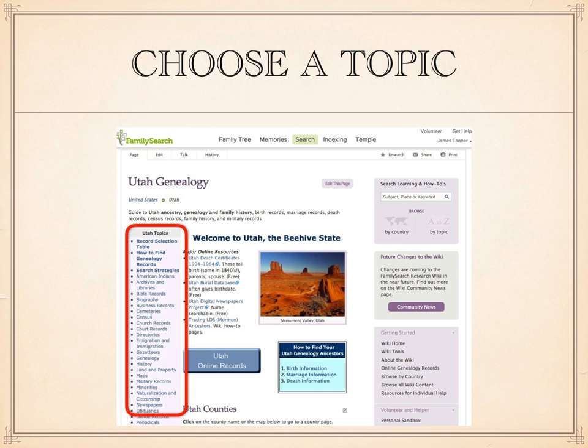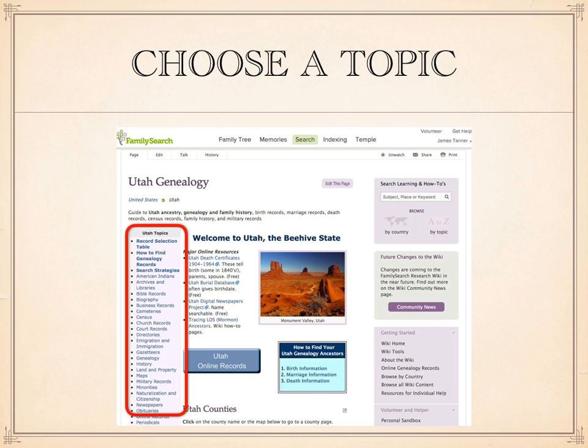The topics are not exhaustive. It's possible that they're in transition. And by the way, everything in a wiki is in a state of transition because changes could be made to any page at any time. Anyone who is a registered user of the FamilySearch.org Research Wiki can make a change to this program. The reality of that is that very, very few people actually become involved. There are only presently a couple of hundred people who are actively making changes to the wiki.